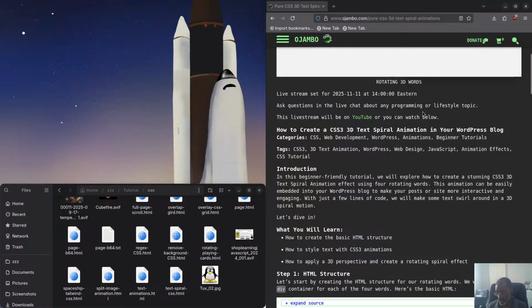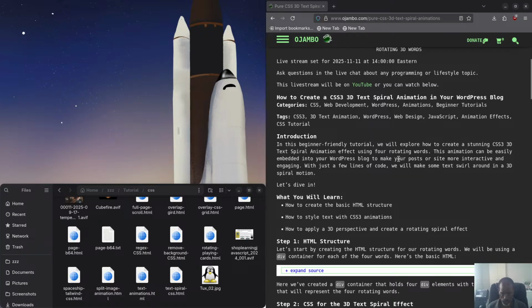I do have a demo for you as well. I'll show you that in a second. So this is of course the beginner friendly tutorial. We're exploring how to create a stunning CSS3 3D text spiral animation effect. We're going to rotate forward. Obviously you can rotate way more words than that. And as you can see, they rotate in the